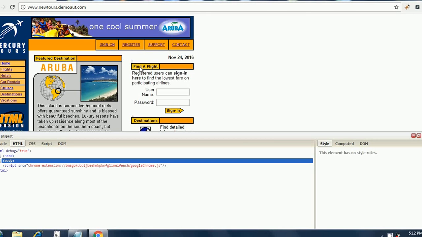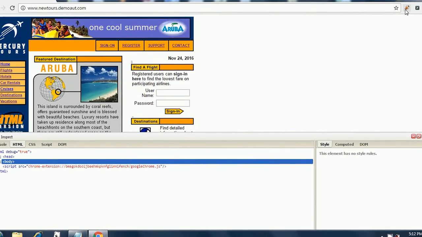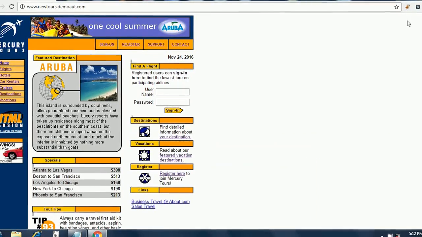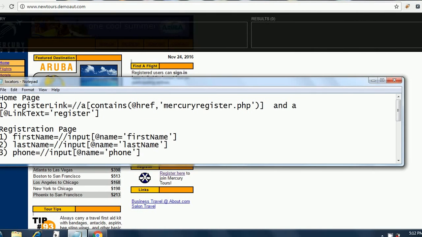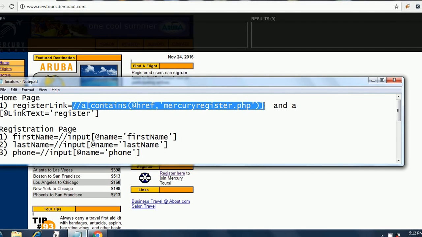Okay, I am now on the home page, and let me close this Firebug console and start the XPath console. Now we have the final one, that is the home page register link. Let's try this one.